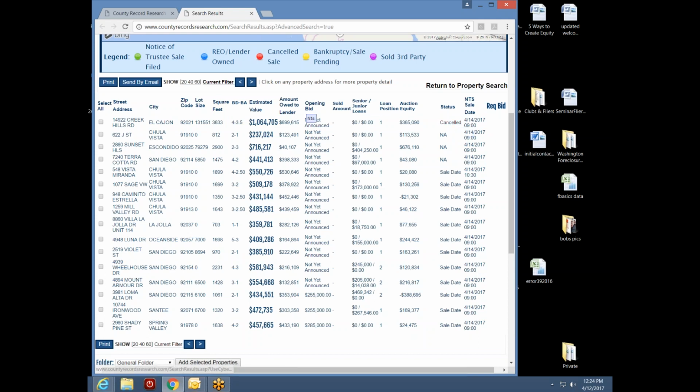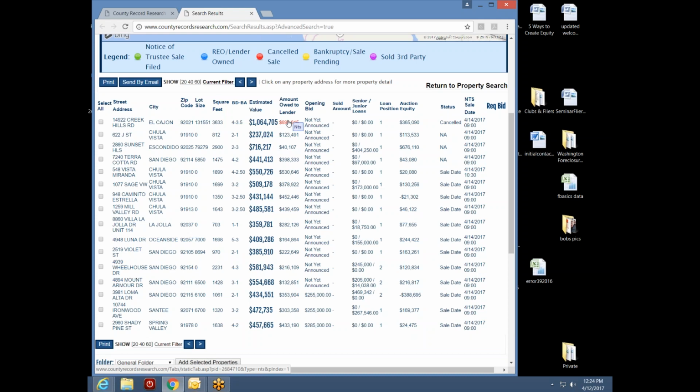Okay, and I can kind of see why. I show an estimated value in this estimated value column of over $1 million, and I show that the lender is owed $699,000. So this house has about $300,000 in equity, actually a little bit more. So the homeowner probably got an offer from somebody like you or me to sell the property, or they were able to get the auction canceled because somebody opened an escrow. Okay, or they might have filed bankruptcy.